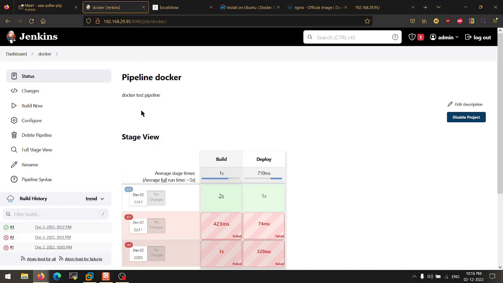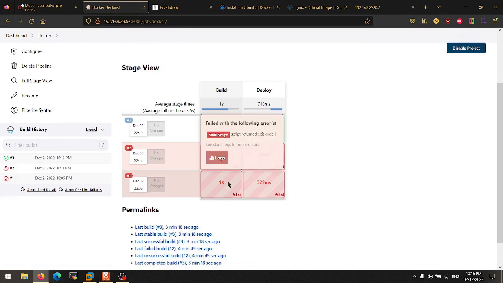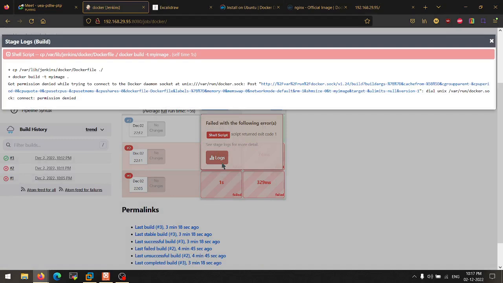And again, your task is to fix this error directly. Let me elaborate the task more. By default, whenever you install Docker, Docker will only work with the root user or the sudo command. Your task is to use Docker without sudo or the root user, with just a normal regular user. Okay, got it?